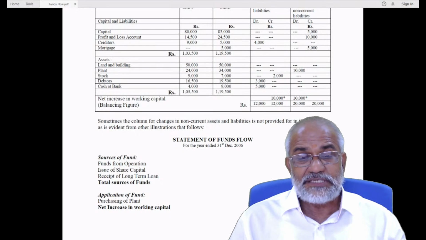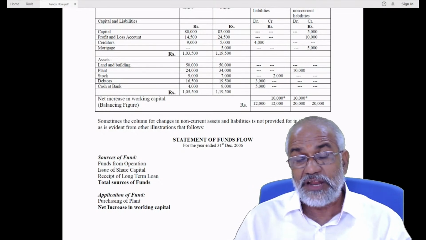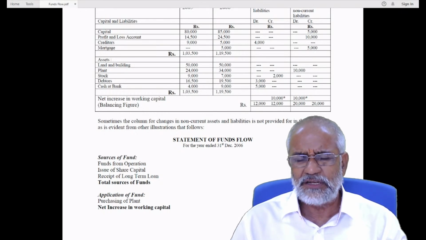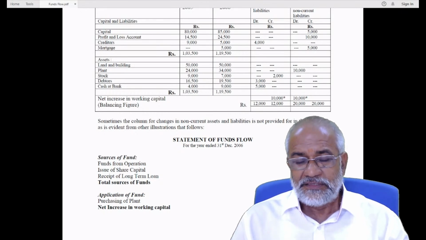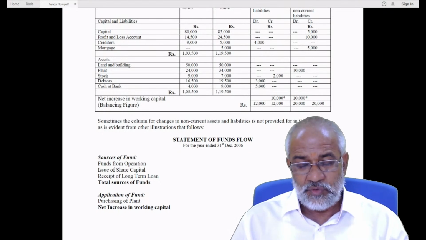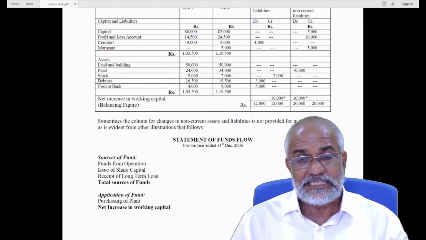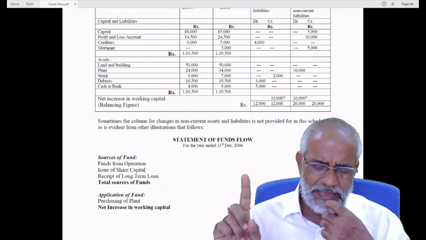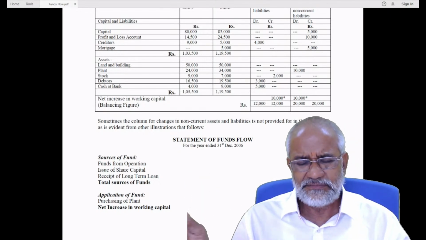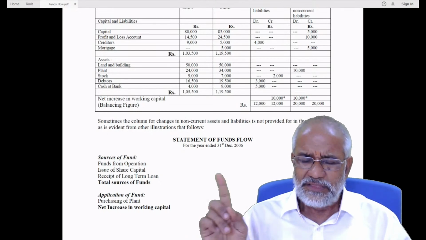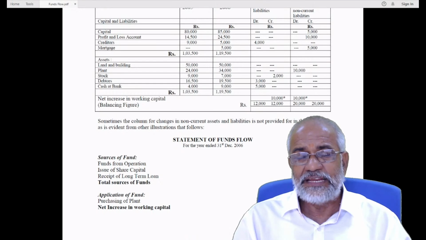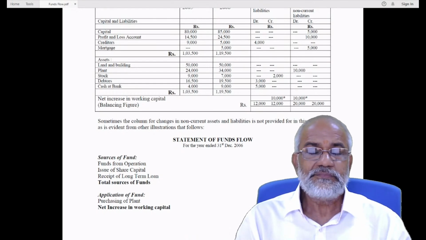So what are the other items affecting, just like depreciation, the funds from operation or the operating profit? Care must be taken while preparing the memorandum profit and loss account, the adjusted profit and loss account. The debit balance, the opening balance, must appear in the credit side of the memorandum PL account. The closing balance must appear in the debit side, and the items like depreciation written off, loss on